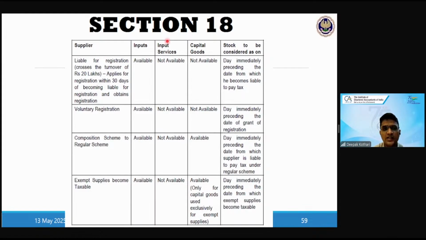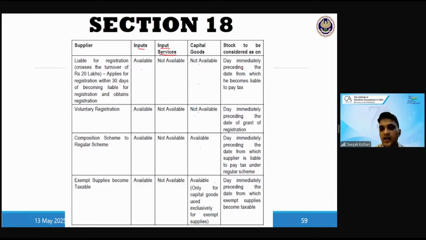What it says is, इसका समरी पहले कर लेंगे। Liable for registration, जैसे एक एग्जाम्पल पे, he's crossed the limit of 20 lakhs and he applies for registration within 30 days, so 17(1)(a), then input services मिलेगा नहीं मिलेगा, this is very very important। इनपुट पे मिलेगा, input services, in all of those slides you have said inputs which will include inputs, semi-finished goods and finished goods, but input services नहीं मिलेगी। इनपुट सर्विसेज चारों कैटेगरी में नहीं मिलेगा, कैपिटल गुड्स यहाँ पे नहीं मिल रहा है, दोनों में 17(1)(a) एंड 17(1)(b) में नहीं मिल रहा है, 17(1)(c) और (d) में मिल रहा है,